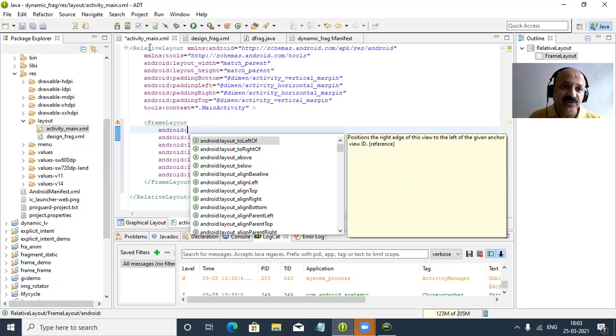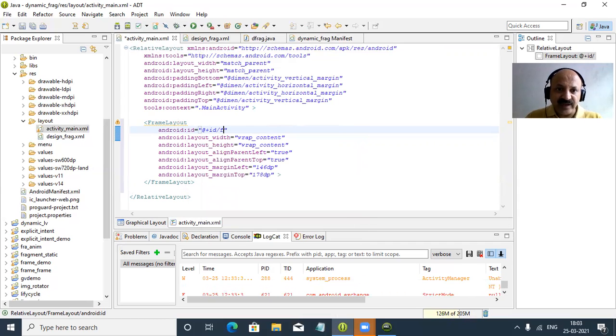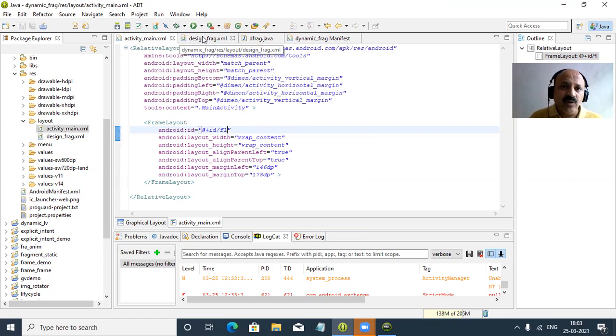Any control from layout we can take in the palette window. You can observe here, RelativeLayout has no ID. If you use it, we can provide that ID. The same way, FrameLayout has no ID, so we provide an ID, and we can say FL, that is frame layout. So I give FL. It looks like one, but yes, I think L. So that is FL, and we can recognize it. So save. And now what to do?